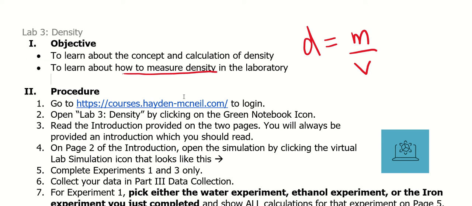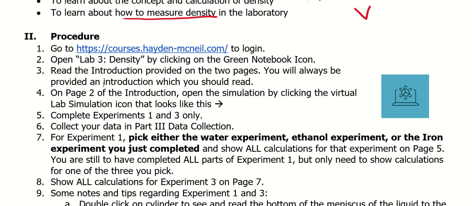So you will open up your Hayden McNeil online lab course, and from there you will go to My Courses. I probably should have typed that step in, but hopefully after Lab 2 you're a little bit more familiar with this, and there's really not much to explore. On Hayden McNeil there are not many tabs, so you're not going to get lost. So click My Courses, open up this lab course,